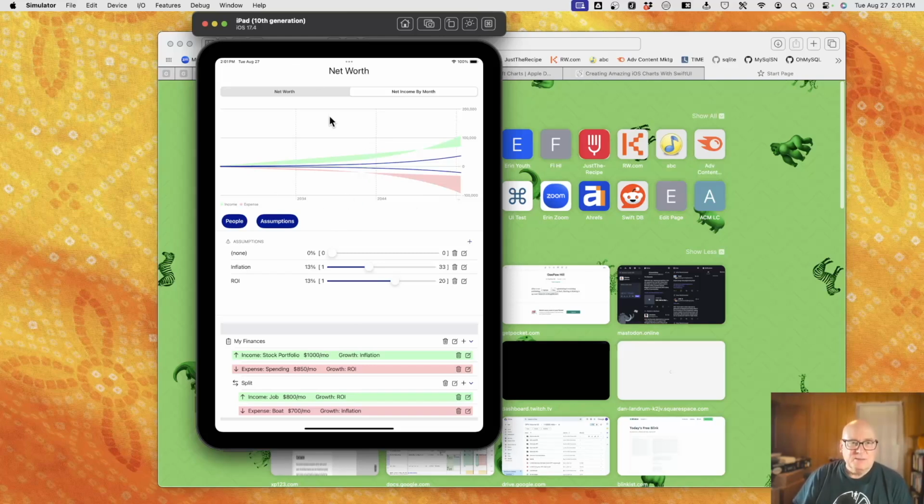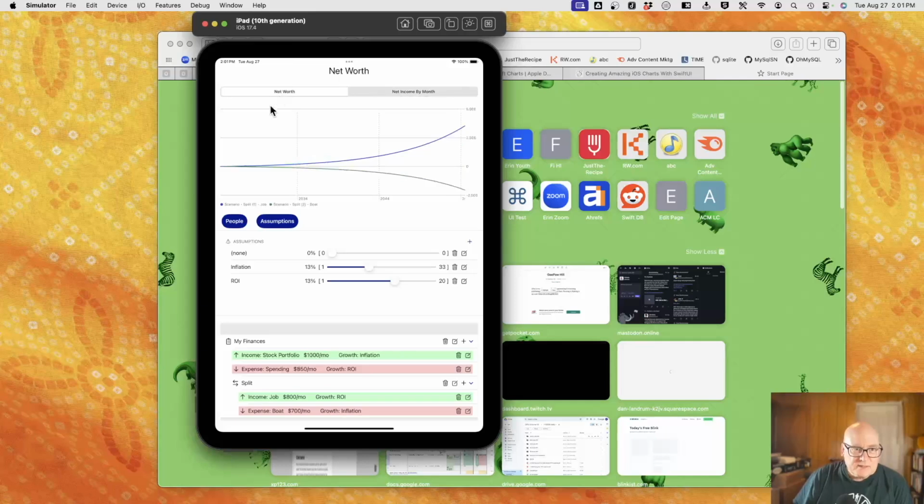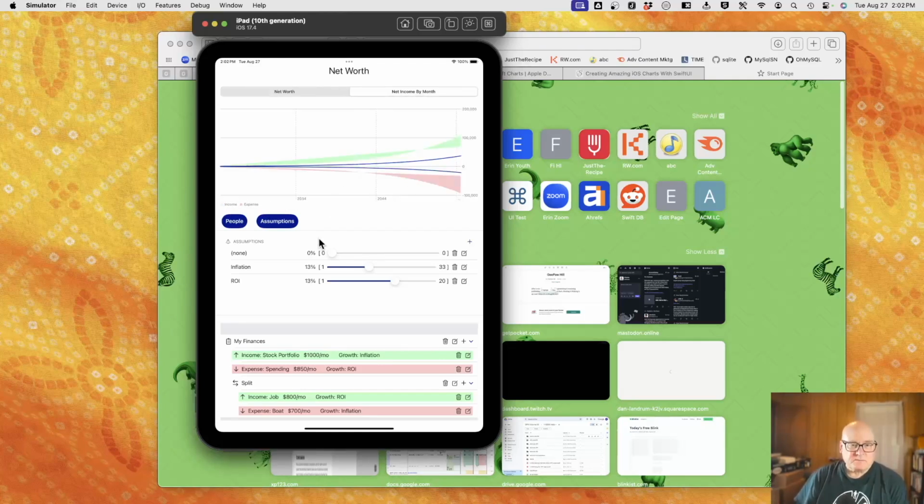All right, so the simplest thing I can think of to do is put a little drop down up here that goes through this list of scenarios. Scenario split 1, that's this, with a job, and split 2 is the boat. Whichever one you picked would be the one you saw the graph for. And I think that's